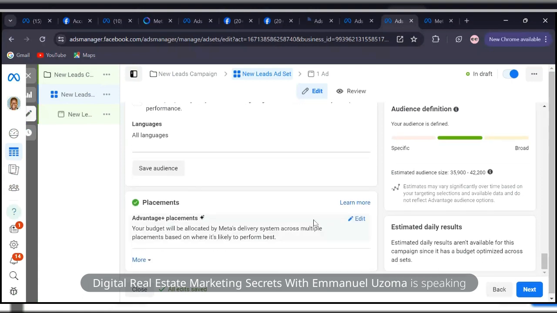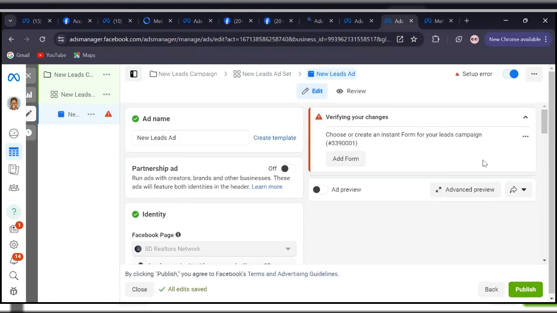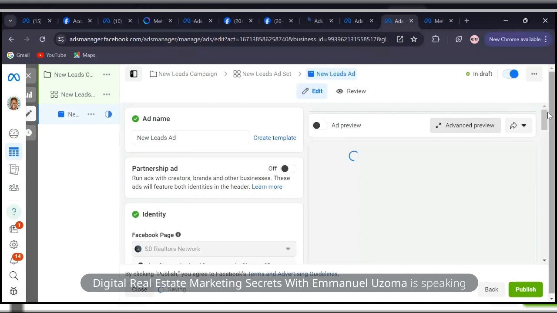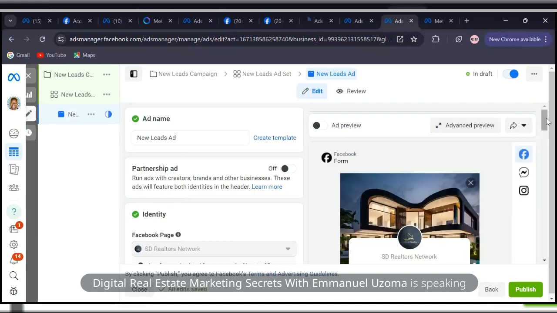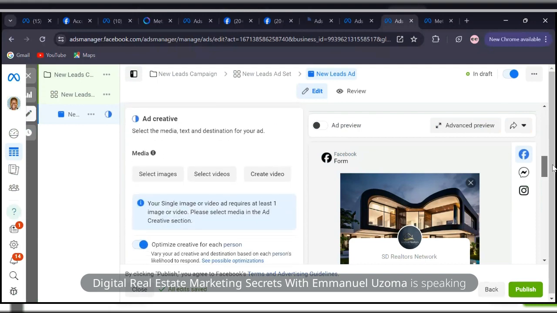And then you cannot change the placement. Placement means where you want the ad to show, but I don't recommend you change it. Then click next. So now we are in the ad level. We are in the ad level. So this is the place where we set up where we put our